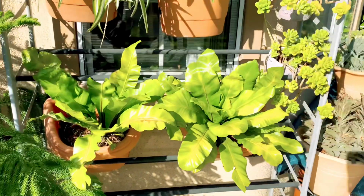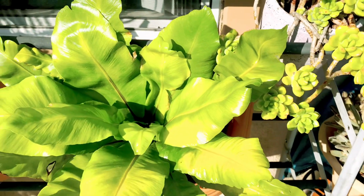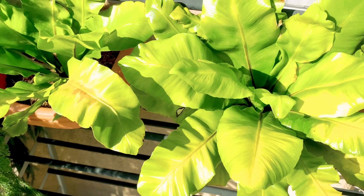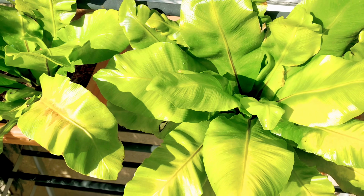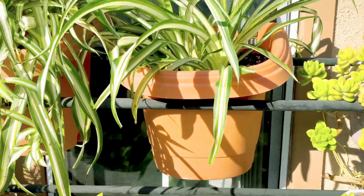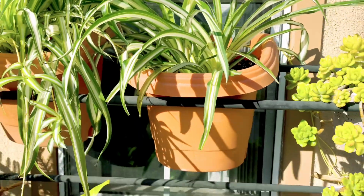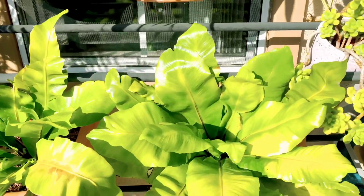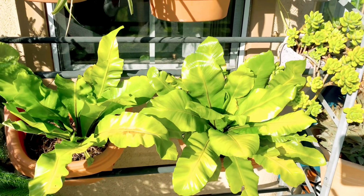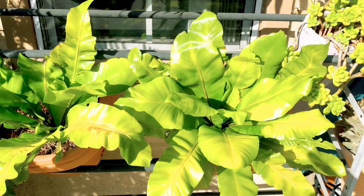Guys, what I'm showing you is this bird's nest fern. I just cleaned them, but I want to get them out from this location because at this point in summer the sun is so intense here. It already burned my umbrella tree, so I want to take them out. And also the spider plants, these two I might add at the back or inside the patio, but my concern right now is this fern. So I will repot them in the pot that I use for the big echeverias, so they will grow